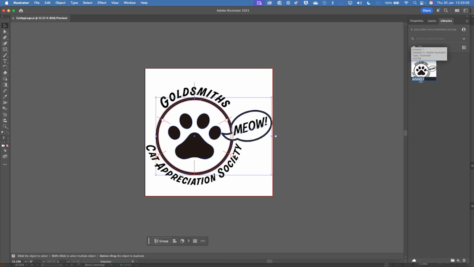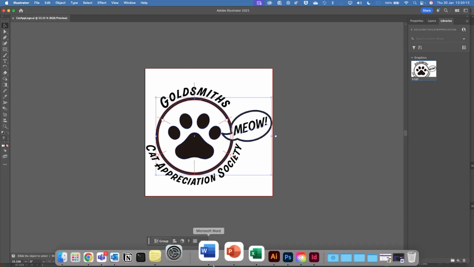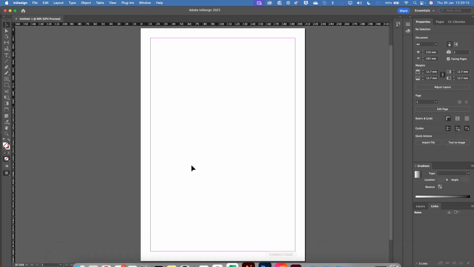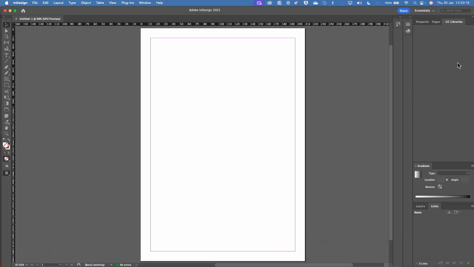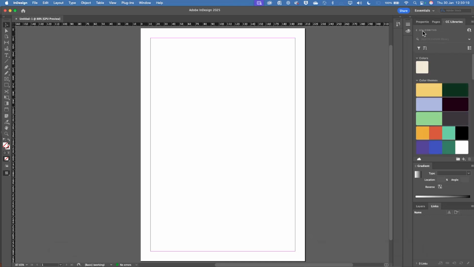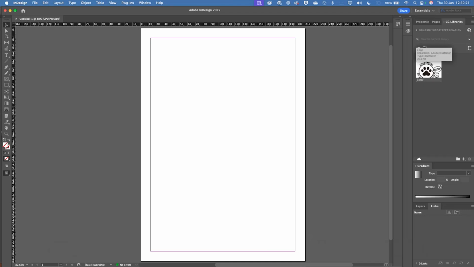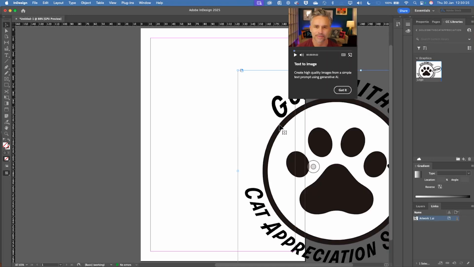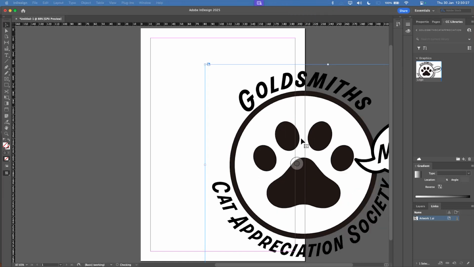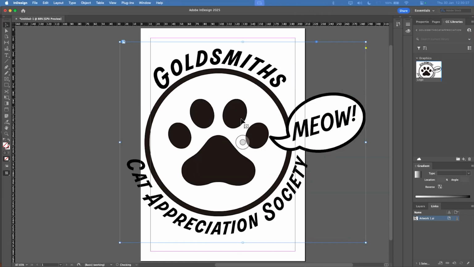And I can rename that. So I'll call this logo. And then I can come over to InDesign. I can find that library. And I can just drop it straight in. Okay. And I know that this is some library content because I've got this little icon up here at the top.